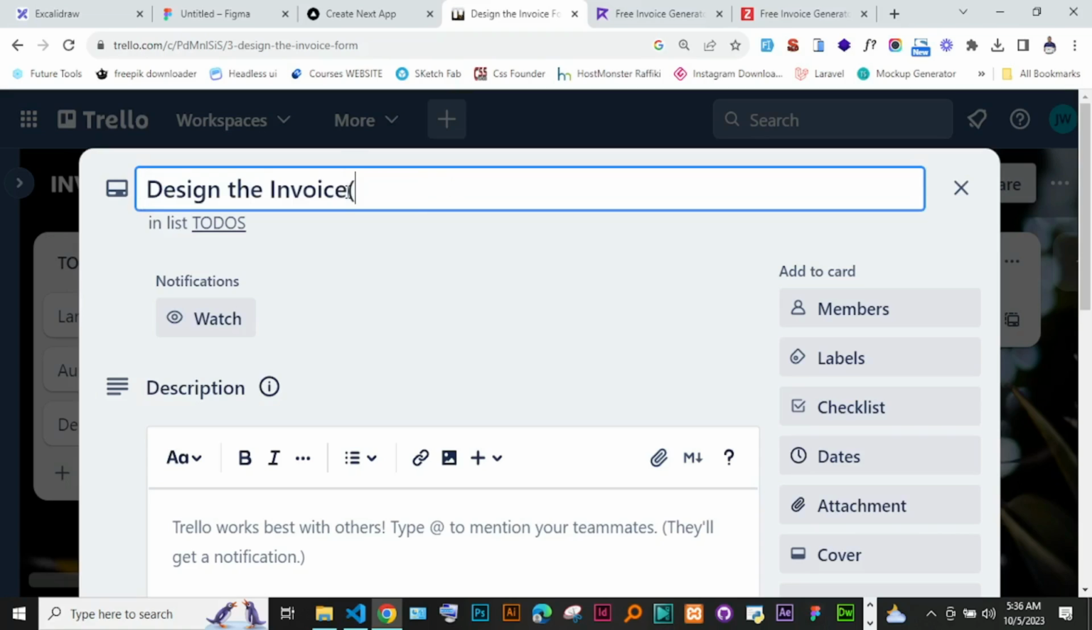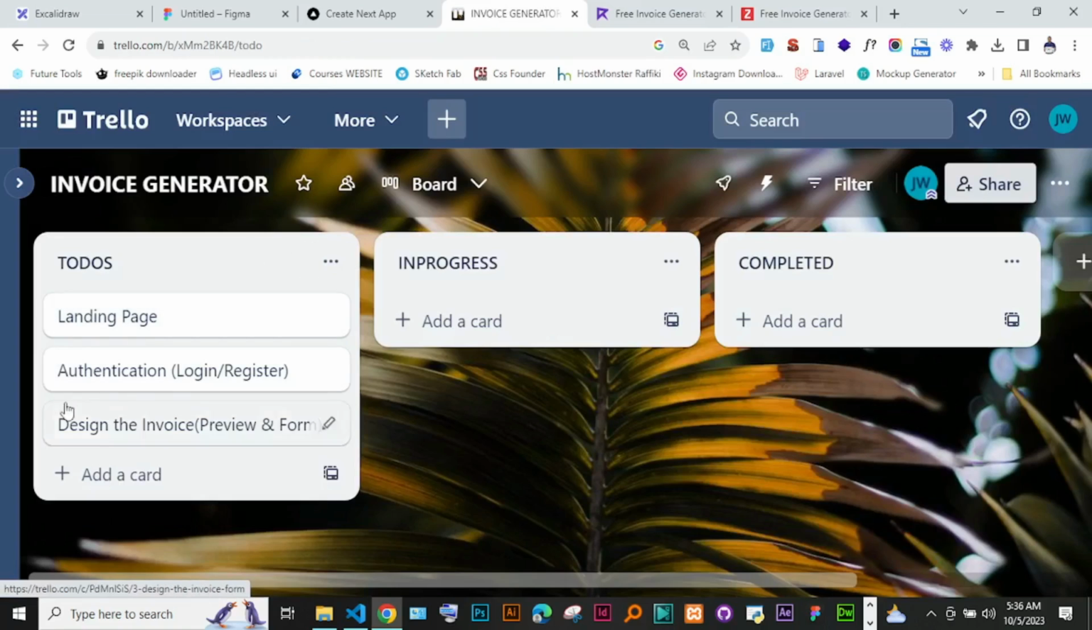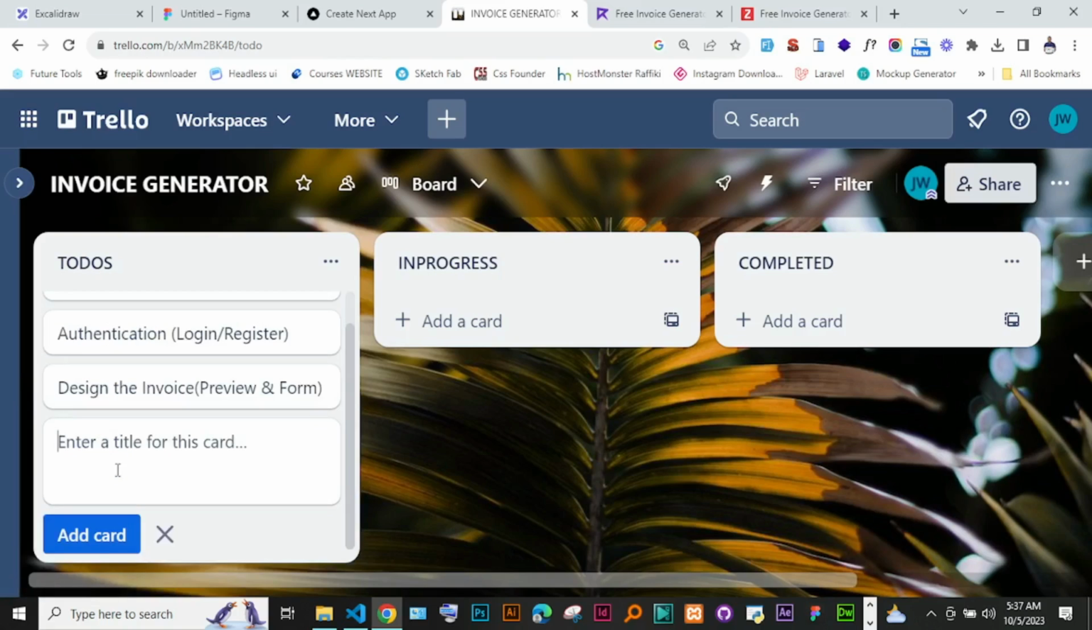Okay, so here you can just put preview. So you have the preview and actually the form. Okay, so you have the preview and the form. So these are the forms of designing. We have to have the preview and the form itself, and then after this we have to add functionalities. Okay, so we have to work on invoice